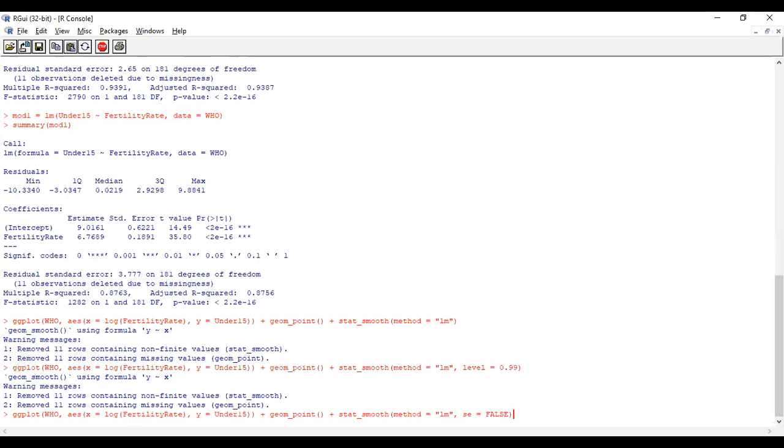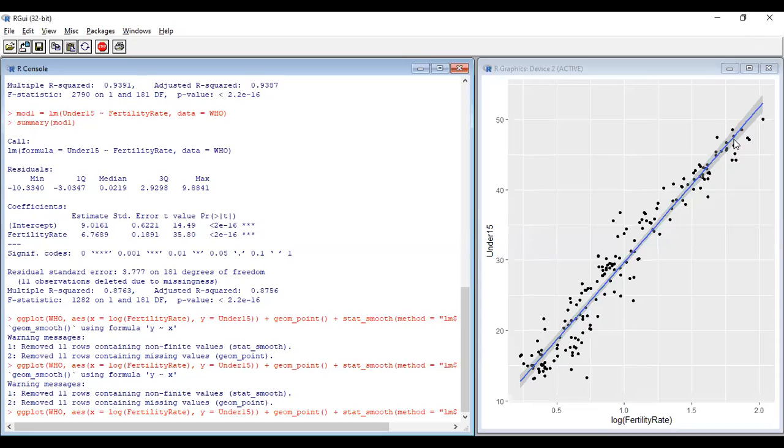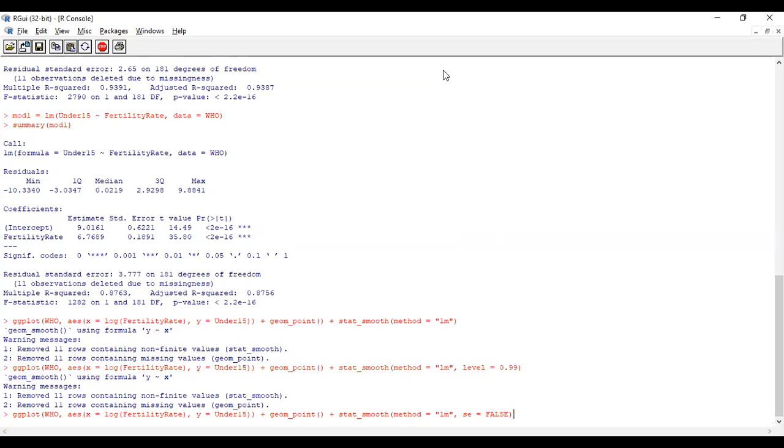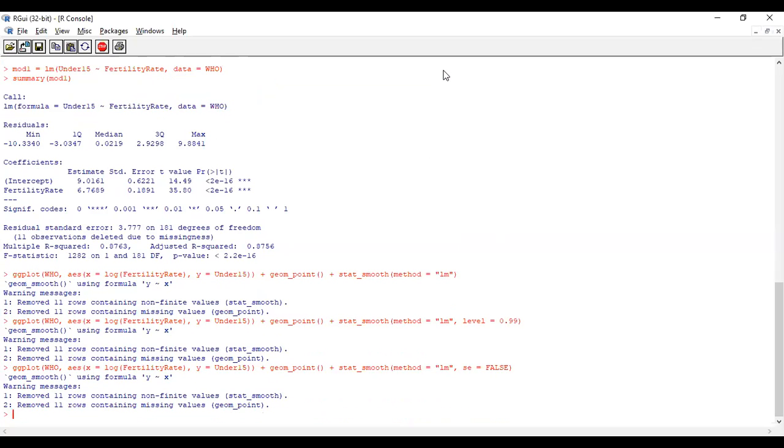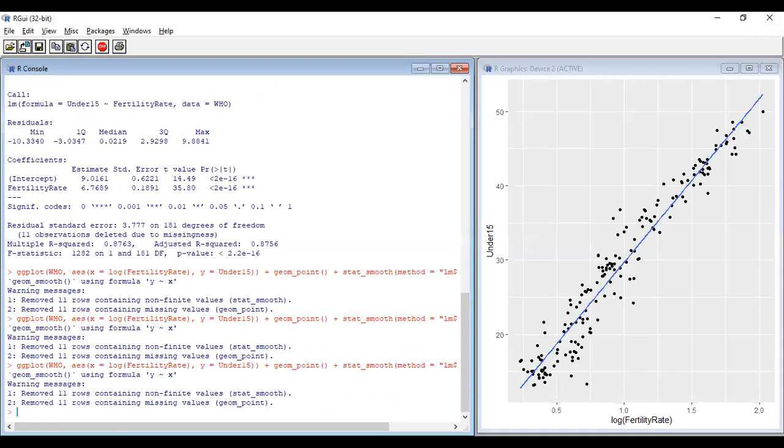See, now as of now we have the line here, the dotted lines, and this is the main line. These are the plus or minus of the particular difference. So this is the plus and this is the minus of this line. Okay, I don't want the confidence interval, I want only the blue line. You can use this argument called FALSE. If you use this one, mostly we will get the normal line without the dotted lines.